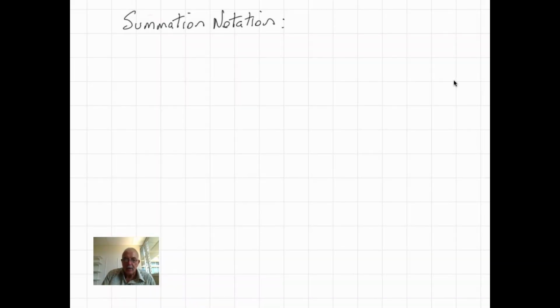Mathematicians are always looking for shorthand ways of writing large quantities or large sums. For instance, if we wanted to write 1 plus 2 plus 3 plus 4 plus all the way up to 20, we could write it like that. Or we can use special notation, and we use the Greek letter capital sigma,